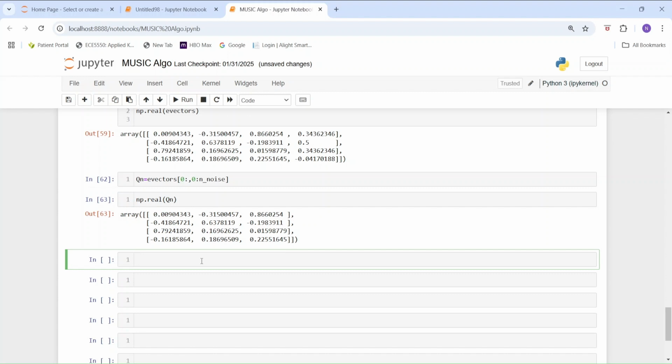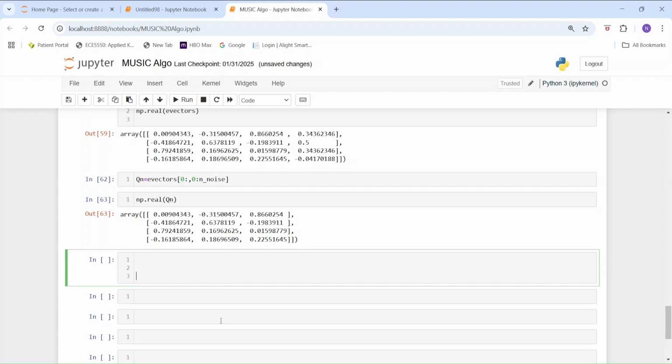So remember we talked about the equation in the Wikipedia page, right? Let me write it down. We're trying to implement this equation. Theta MUSIC is equal to 1 over the steering vector, we're going to take the conjugate of it, and then the transpose. And if I go to the Wikipedia page, you will also see